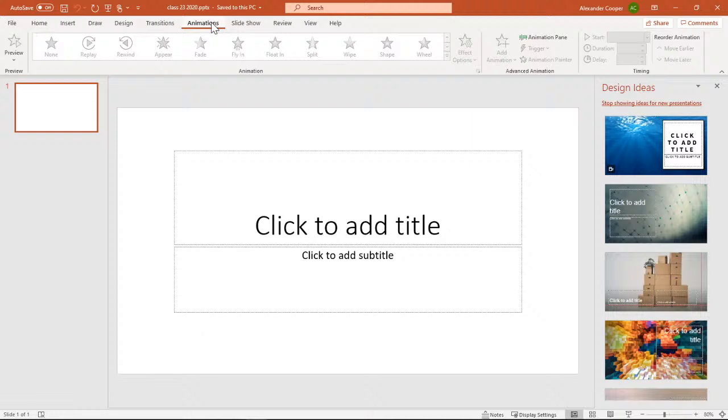Animations, basically we can make the text appear, reappear, move. We can time it if we want to. If you notice the timer before this, before I started, the countdown timer actually used the animation to do that. So every number that you see is actually a separate little shape that has a number on it.